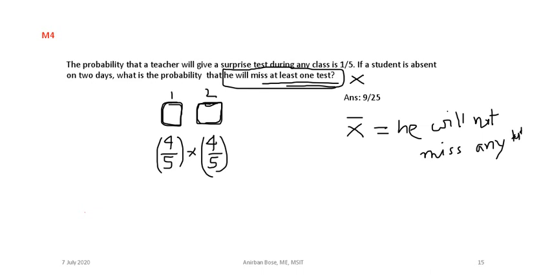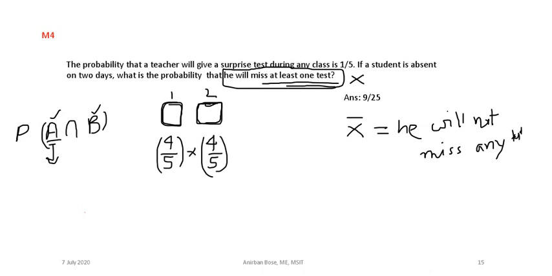So basically we are finding out, suppose A and B, these are the events corresponding to: on day 1 the test will not be taken, and on day 2 the test is not going to be taken, that is B. So both have to happen, that is A and B intersection. So we are basically finding out this quantity. For independent events, that is the probability of A into probability of B, where what is A? A is on day 1 test is not taken. What is B? On day 2 test is not taken.